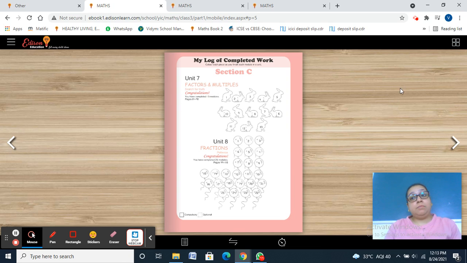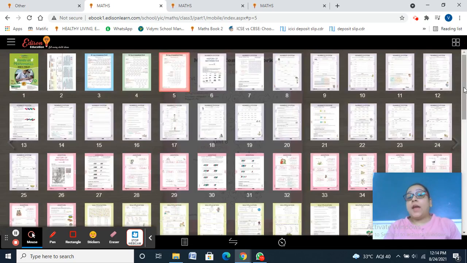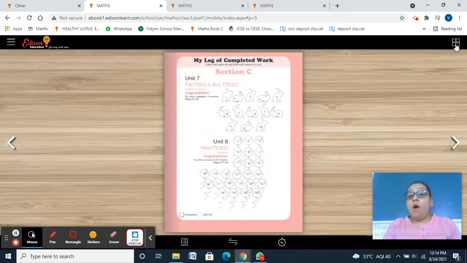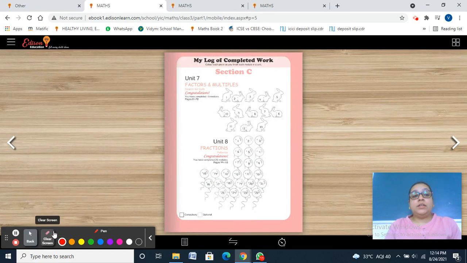Factors and multiples. To start with, today we are going to understand about the odd numbers and the even numbers. So we have two types of numbers. You did the number system, you know the counting. Counting is 1, 2, 3, 4, 5, 6, 7, 8, 9, 10, and so on till 10,000 and 1 lakh. You can keep on going with the numbers. So we divide these numbers into categories. Today you're going to learn about the even number and the odd number.